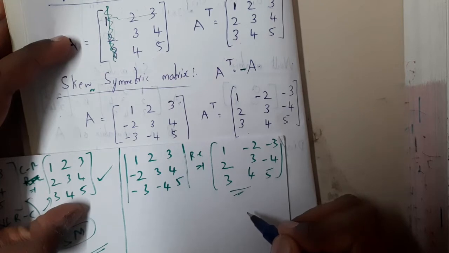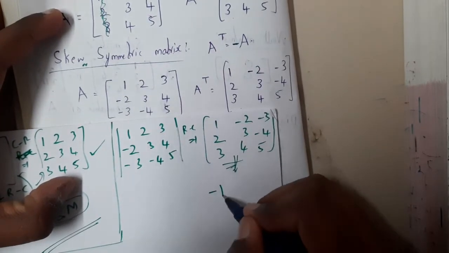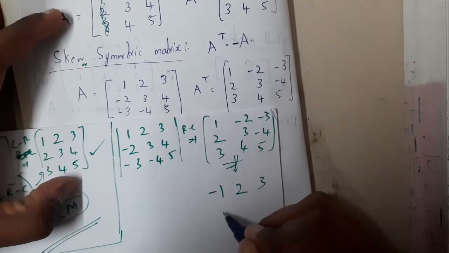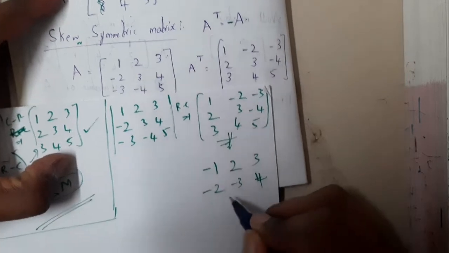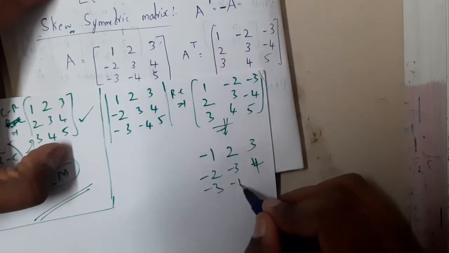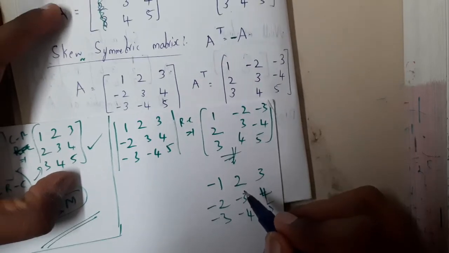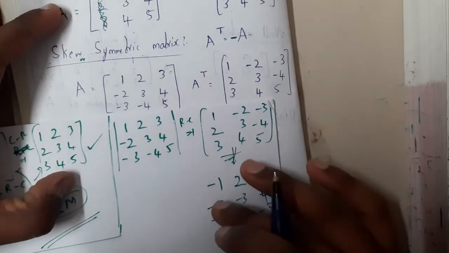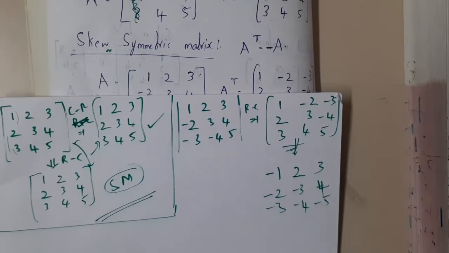Okay, just give me a second, guys. If we multiply, we will be getting the opposite, I think. Minus 1, 2, 3, minus 2, minus 3, plus 4. Okay, so minus 3, minus 4, minus 5. So basically I think in negative multiplication it should lead only to the lower parts. Just give me a second, I'll be cross checking it. Okay, sorry for that, guys.